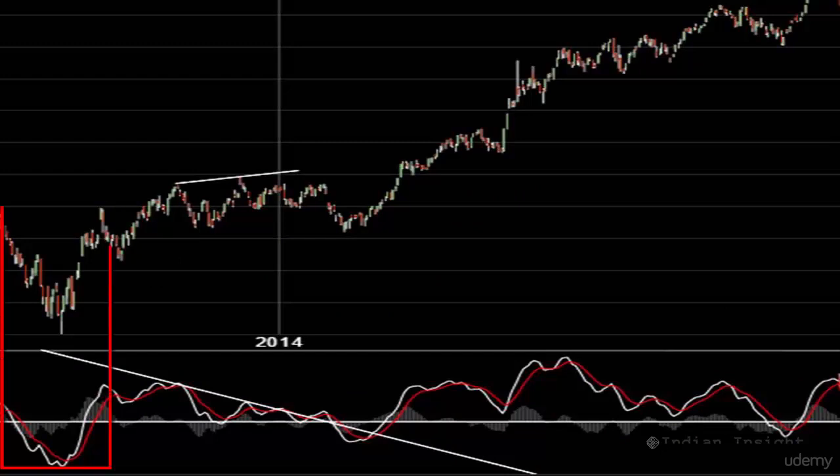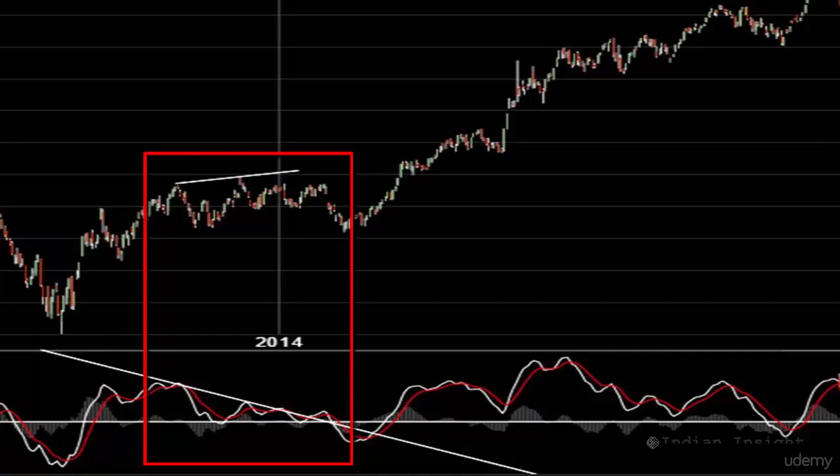You see here that this convergence seems to be bottoming out, as you see the congestion in price and the indicator. This provides an initial hint that a change in trend might be in the offing. This is further confirmed by this fast moving MACD line crossing the slow moving signal line and hence giving a buy signal. As you see in this chart, the price and the indicator start moving up, and this is another example of price and indicator converging.